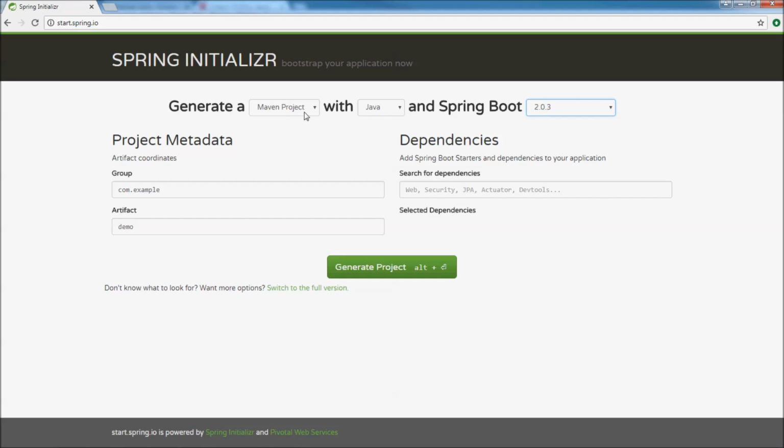Here I choose the default Maven, Java, and Spring Boot version 2.0.3. And under the project metadata, you can type group is net.codejava. Artifact ID is SpringBootHelloWorld. And under the dependencies section, you can search for various dependencies